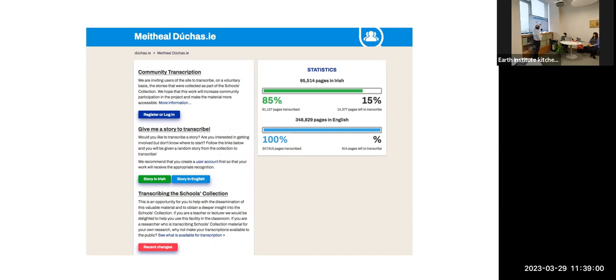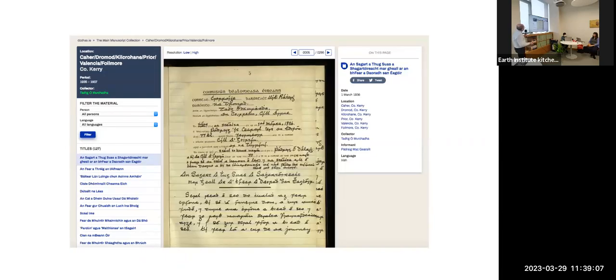The Irish language material is slower. It's a bigger challenge for people. Where are we going now? The next leg of this, what we call the main manuscript collection. This is the work of the full-time and part-time collectors throughout Ireland, north and south. And this presents a particular challenge, especially the Irish language material. You can see there's a beautiful handwriting here. This is by the collector Tadhg Murphy in South Kerry. That is really challenging for people.